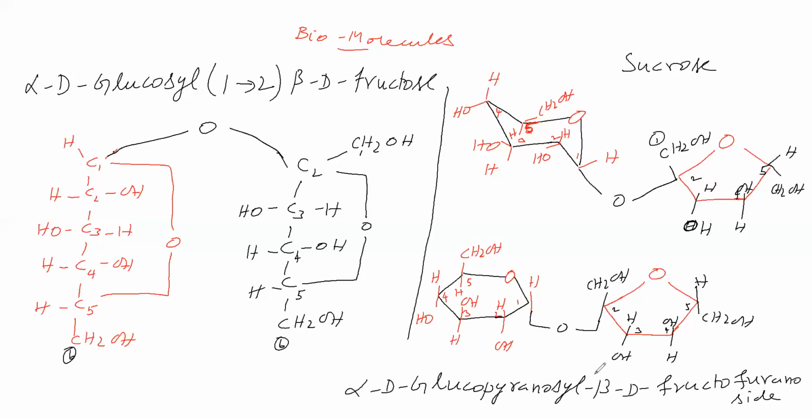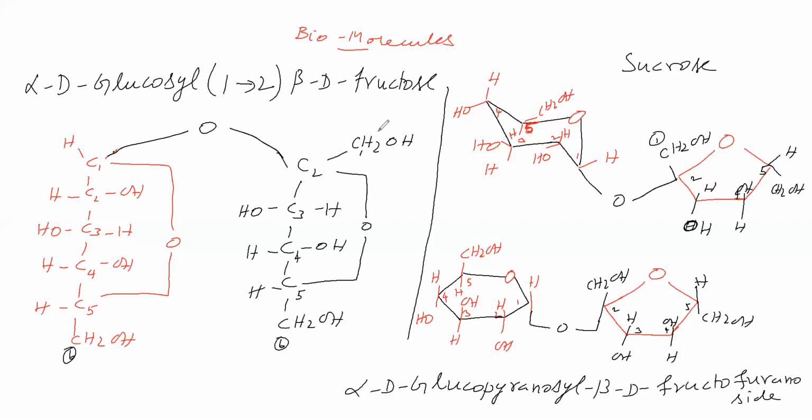Now in this sucrose, this monosaccharide unit is not having free aldehyde group. So free aldehyde group is not there. In this monosaccharide unit also free carbonyl group is not there. Therefore, in this sucrose, free carbonyl group is not present. Otherwise, carbonyl group is not present in hemiacetal form. So, if carbonyl group is not free, or if carbonyl group is not in hemiacetal form, then mutarotation is not possible.